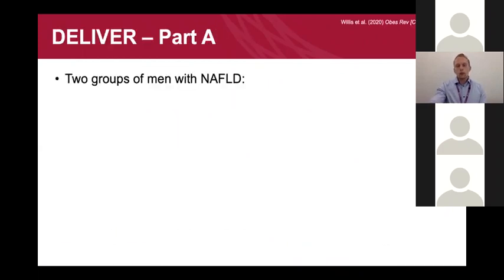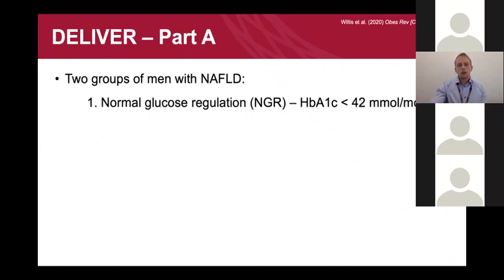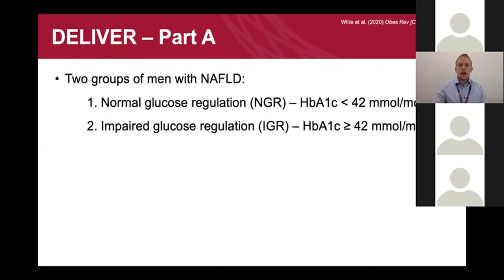So the 2 groups that we recruited, this data I'm going to show you here differs very slightly, but I'll explain why. So the first group was a group with normal glucose regulation. So this would be a group without type 2 diabetes. The second group is a group with what we call impaired glucose regulation. So this includes individuals with type 2 diabetes, but also pre-diabetes,